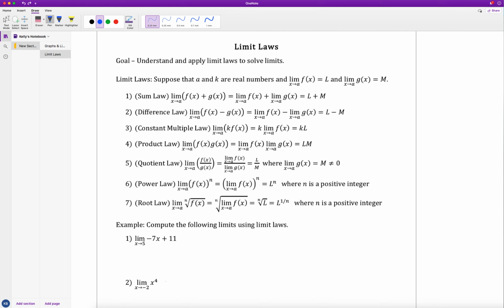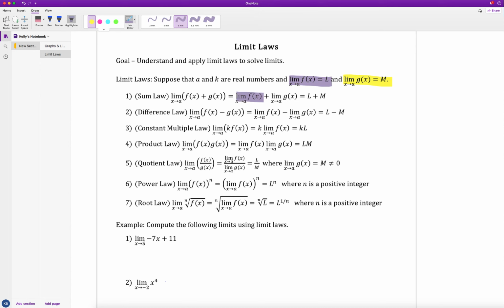So the first limit law is called the sum law, which says if I take the limit of the sum of 2 functions, so I have the limit as x approaches a of f of x plus g of x, that would be the same thing as taking the limit of each function separately and then adding those answers together. And since we know that the limit as x approaches a of f of x equals L, and we have the fact that the limit as x approaches a of g of x is equal to m,